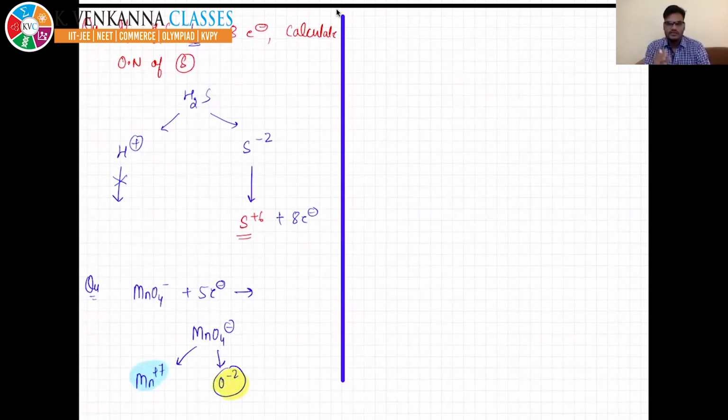Oxygen is already in its lowest state, -2. It cannot accept more electrons. So you need to remember the maximum and minimum rule, which we have written. Maximum and minimum rule becomes very handy, right? So in this case, manganese is the only candidate which can accept electrons. If it accepts 5 electrons, it will become Mn +2. Did you get it? It cannot accept more electrons.